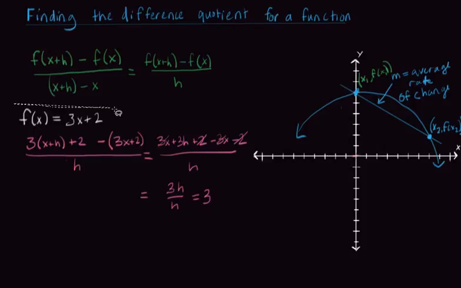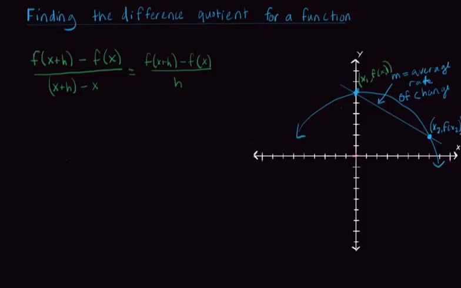So again, I'm going to just erase a little bit here to give myself some room. All right, now let's try another function. Let's try f of x is equal to 2x squared plus 3x minus 4. Okay, so now we want to find the difference quotient. So we're going to start with f of x plus h. So that means anywhere we see x, we're going to plug in an x plus h. So 2 times x plus h squared plus 3 times x plus h minus 4